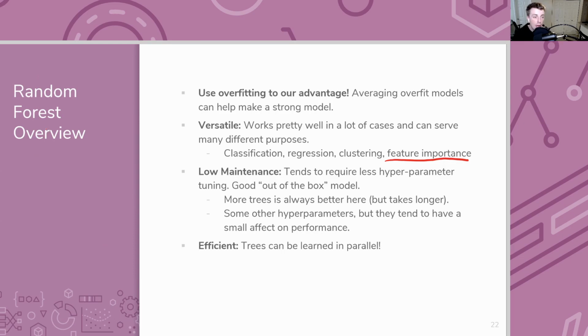Also, one reason random forests are very popular in the realm of big data is that you can train them in parallel. What I mean by that is that if you want to train 1,000 trees, you can just send data to 1,000 computers and have each one train its own tree independently, which is a very nice break-up of responsibility compared to most models, where there's a lot of sequential decision making, which makes parallelization really hard. So when we're talking about massive scales of data, random forests work really well.